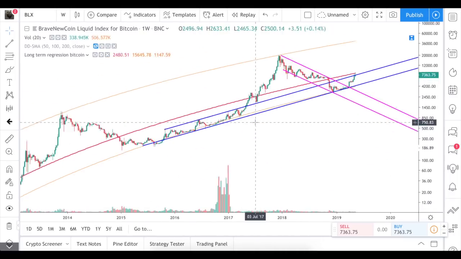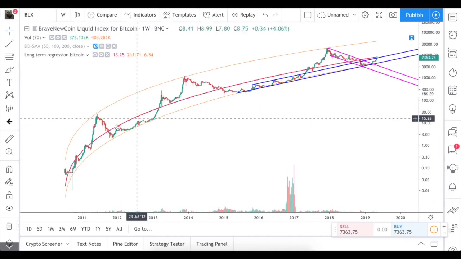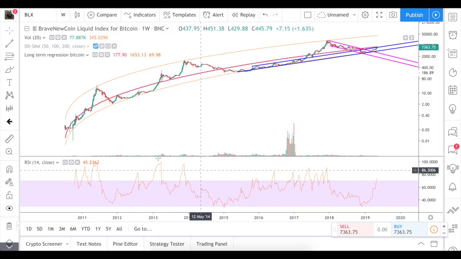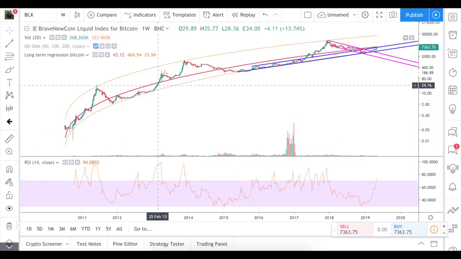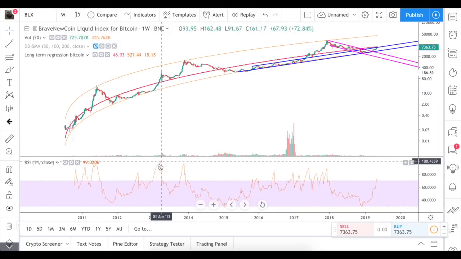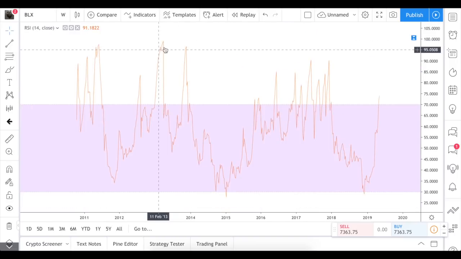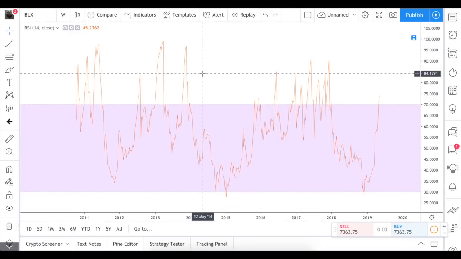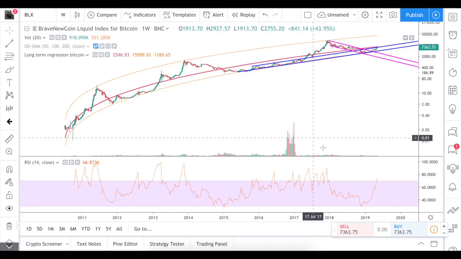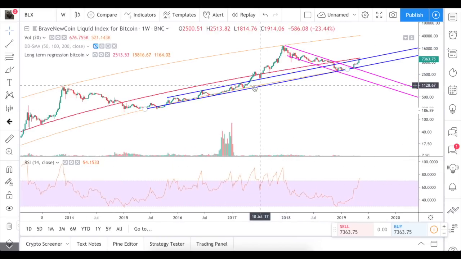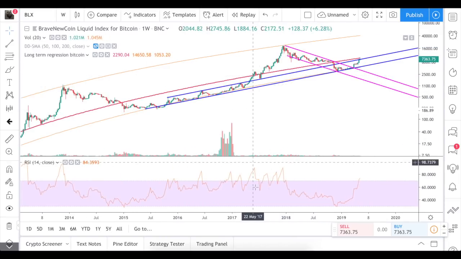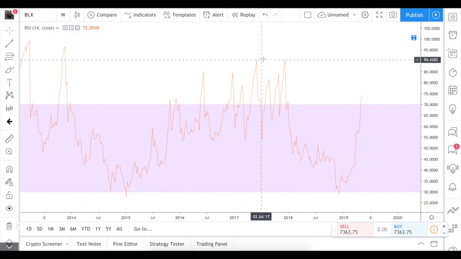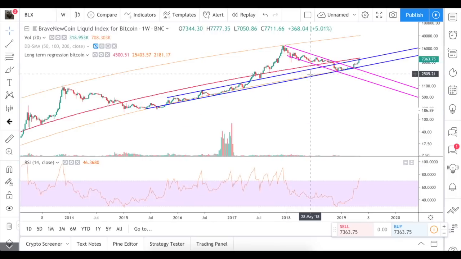I would also want to point out the importance of those points. If you look at the RSI, for instance, when the price surpassed this point, you see the RSI is at the peak. In fact, this peak is even higher than the peak of the top of the price later. The same happened in the next cycle. You see the price surpassed this line and we have the RSI at the maximum. In fact, this maximum is again a little bit higher than the top of the price